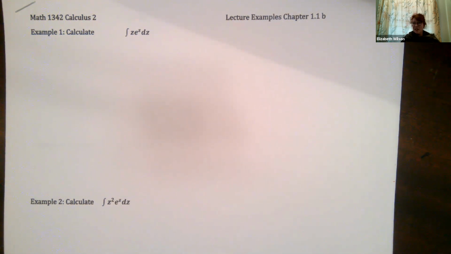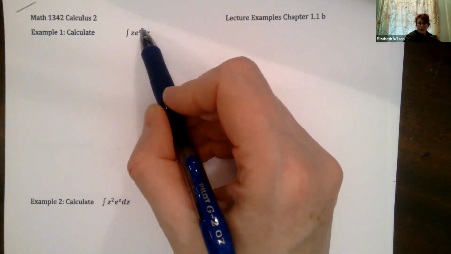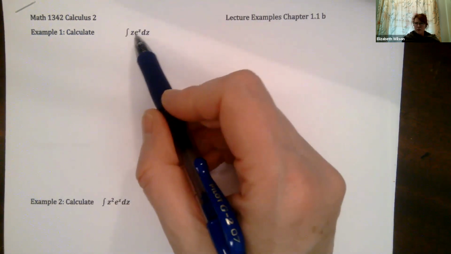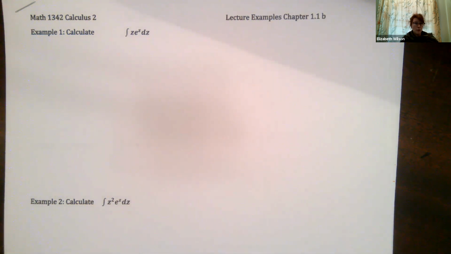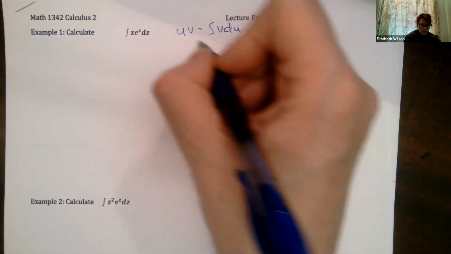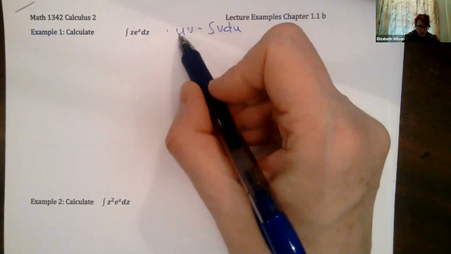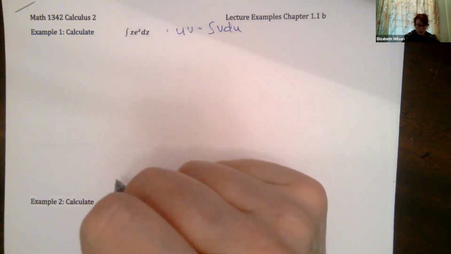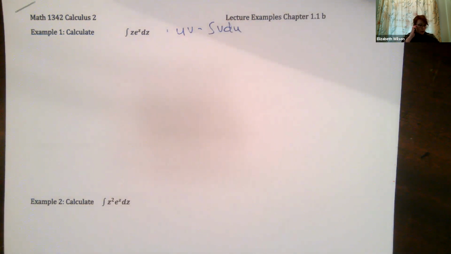So if they're being multiplied together, I can't just use the power rule or exponentials or whatever. So let me think, maybe substitution. Well, z is not a derivative of e to the z, and e to the z is not a derivative of z. So I can't do substitution, right? You see the checklist that we're working through in our mind, okay? Now, my next trick is integration by parts. Okay, so if I'm thinking integration by parts, the first thing I'm going to do is write down uv minus integral of v du, okay? Which means I need to start thinking about what I'm going to assign as u and dv so I can derive du and v. Okay, so I'll make the bad choice first,